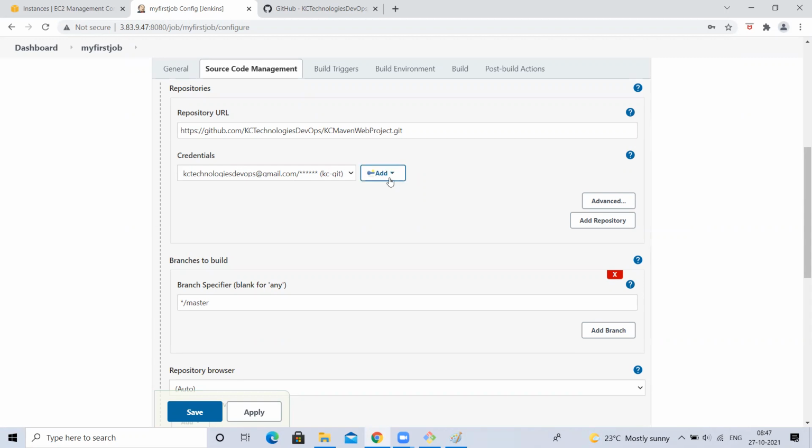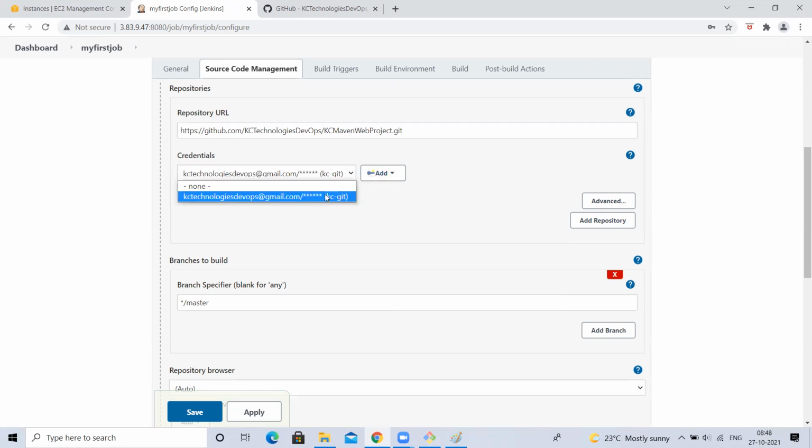See, I have one more GitHub repository, like Tomcat. For Tomcat, I want to connect to Tomcat. For Tomcat also, I'll add credentials, right? So now it will show both Tomcat and Git credentials here. If you don't select anything here, how can your Jenkins connect to that GitHub repository, right? So you have to tell from the list of credentials, use these credentials to connect to this GitHub. Okay, understood?